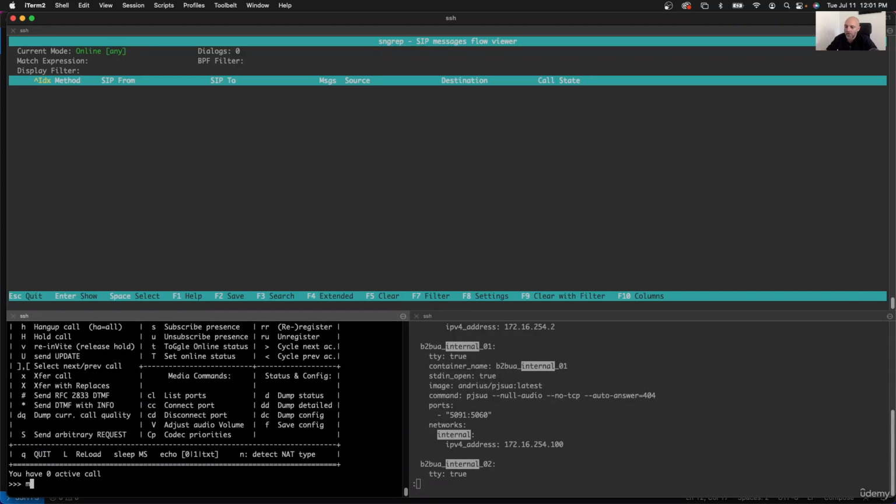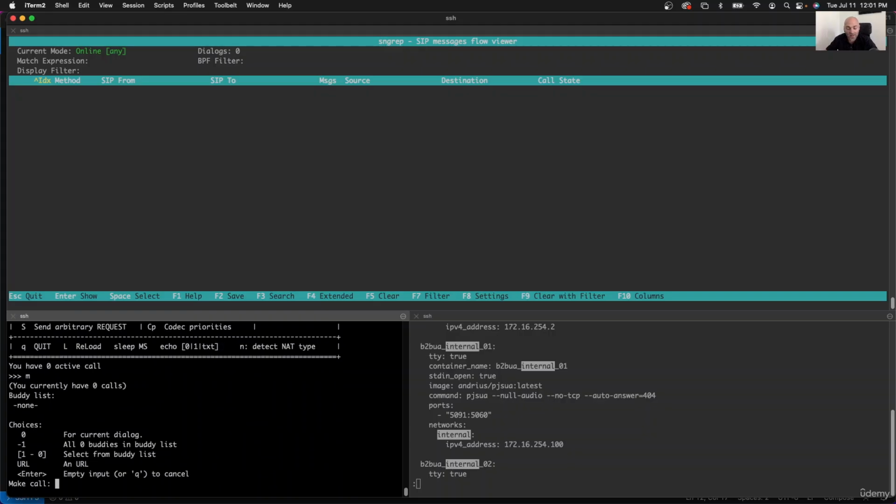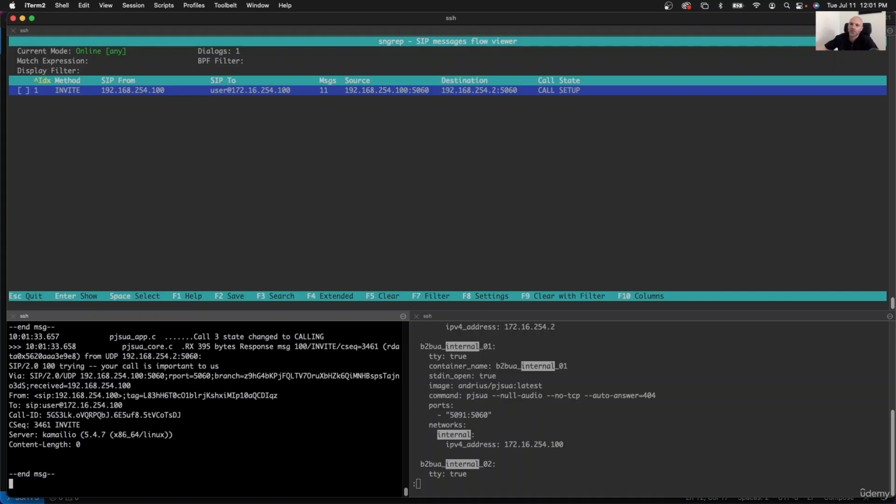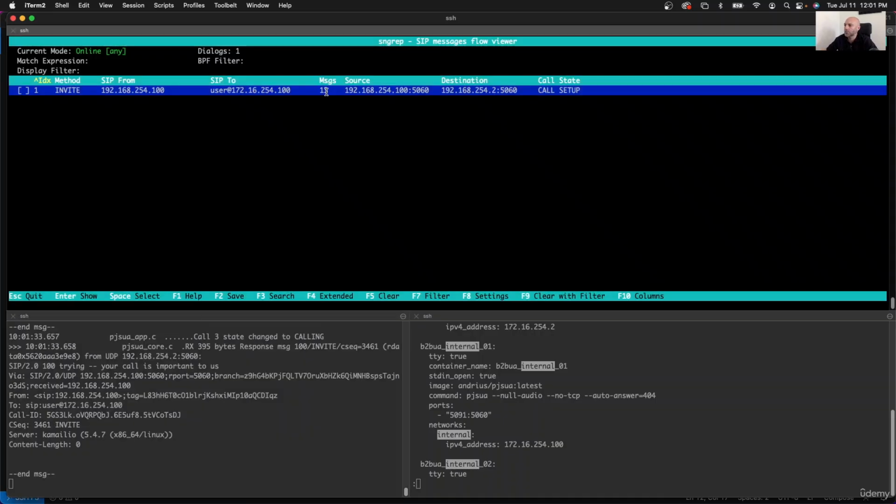But let's attempt to make another new call. So we're going to hit M in the softphone window. We're going to type in SIP, let's just do user at 172.16.254.100. And we're going to throw the port on just for good measure. In this case, we're going to hit enter. And you can see up toward the top here,